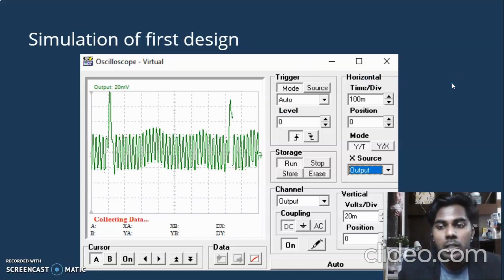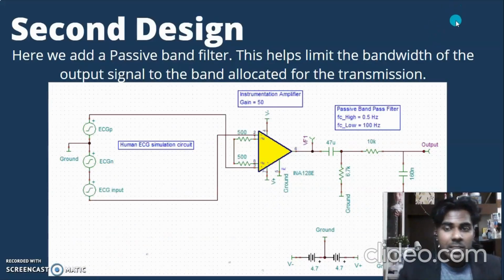So here we are using an output of 20 millivolts. We have 3 different outputs, 50 millivolts, 10 millivolts, and 20 millivolts, right? And then we moved on to the second